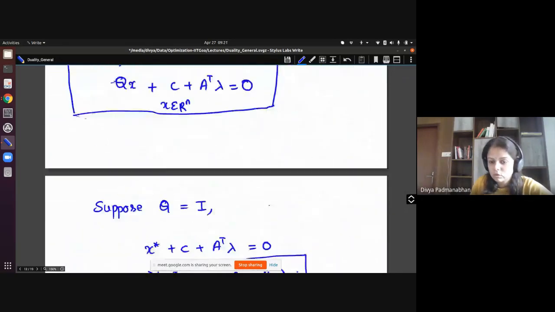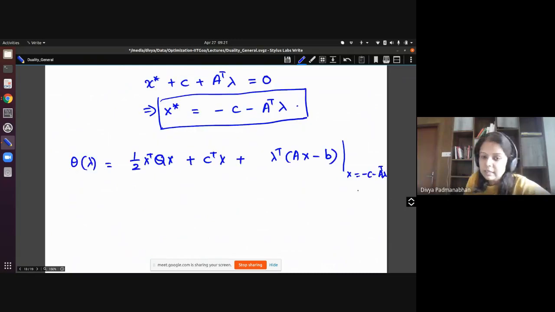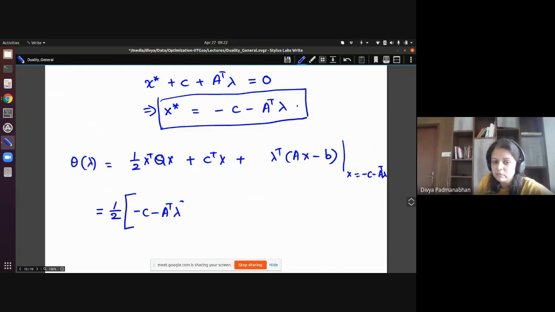The x you need to substitute is x equal to minus c minus A transpose lambda. We have a closed form expression for x, so we substitute it back here. Let's write the overall expression: minus c minus A transpose lambda, transpose, Q